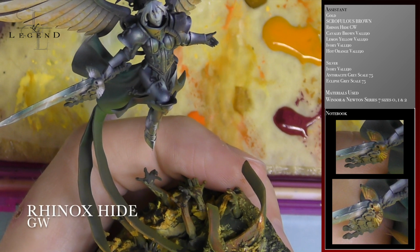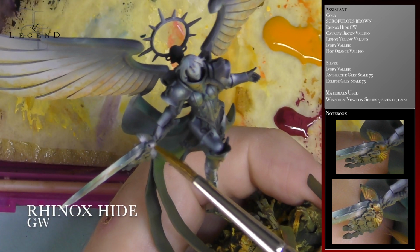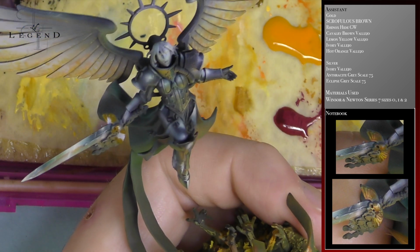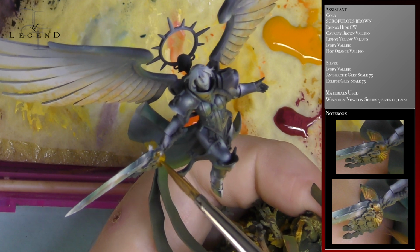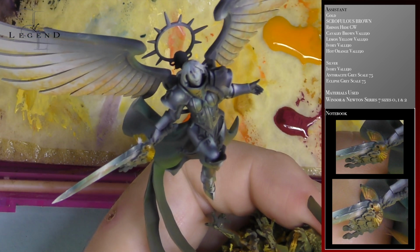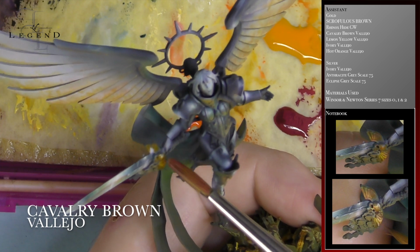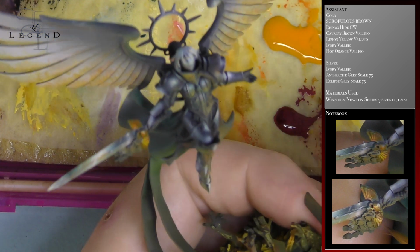Non-metallic metal, hereafter referred to as NMM. I might just call it non-metallic metal, it's much easier to say. This is the false effect that gives the impression of seeing a metallic surface. For this, I've used the same gold recipe that you can see up in the right hand corner under the